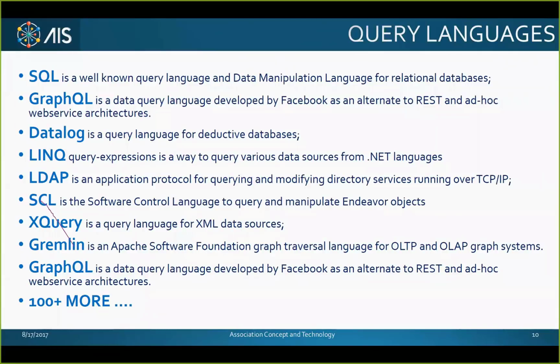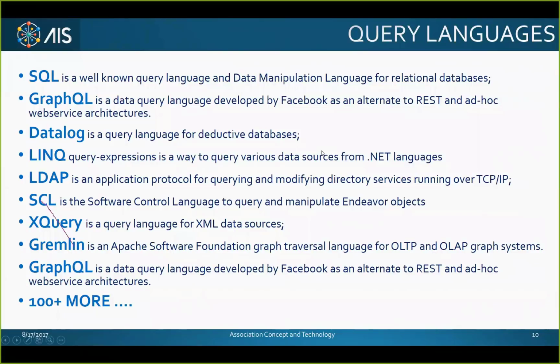Coupling this are the query languages. Now, the query languages, in and of themselves, there's at least 100 of them. Can you imagine learning SQL, which is dramatically difficult in its own right, then GraphQL, LDAP, jQuery, Gremlin? Each of these has its own science, its own technology, its own methodology attached to it.